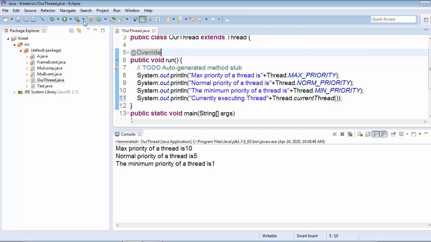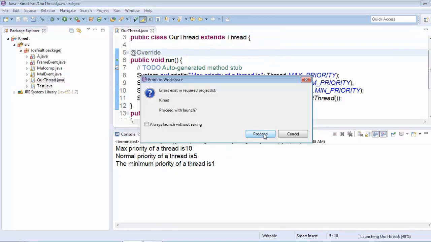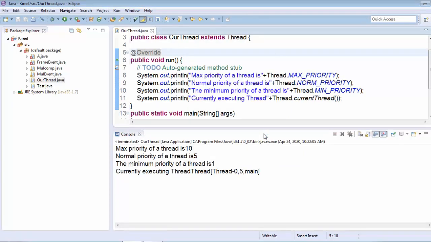Let's try to run this program. Here you can see the currently executing thread is thread 0. The priority of this thread is 5, that is the normal priority, and it is grouped inside main.